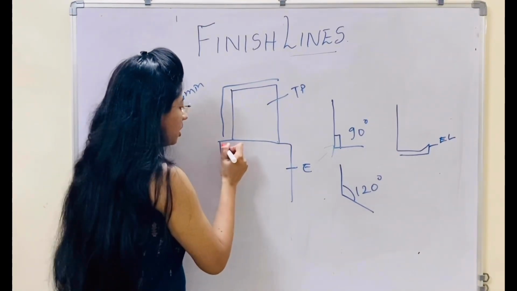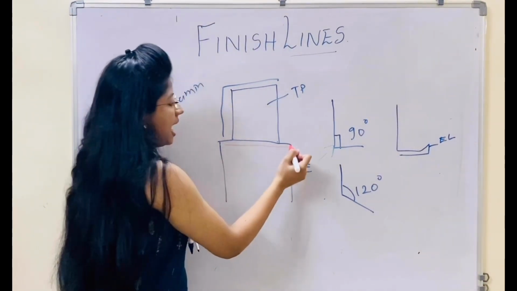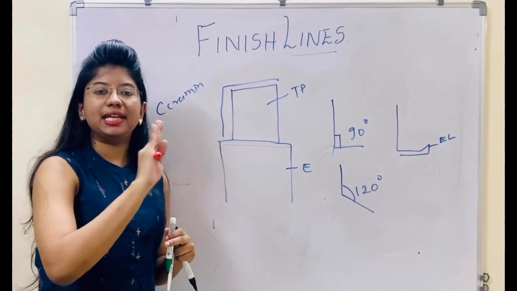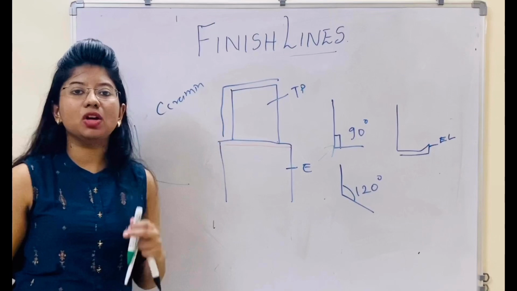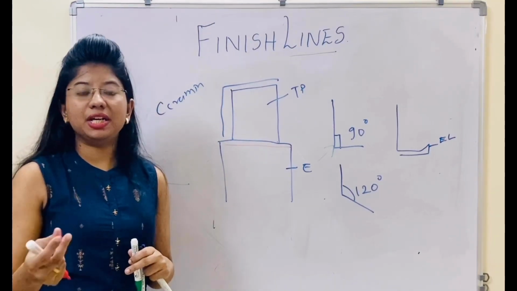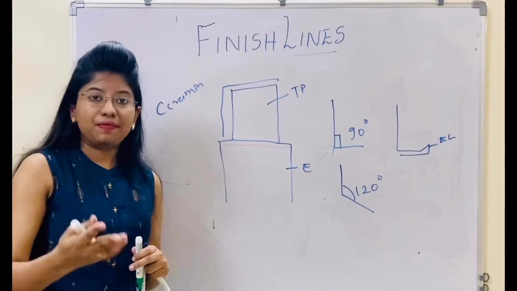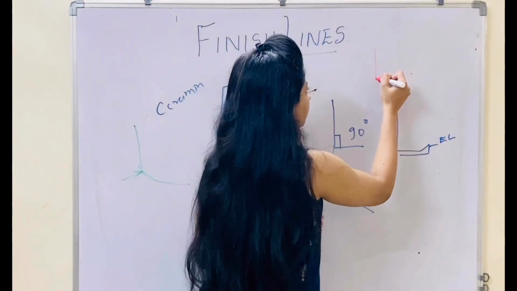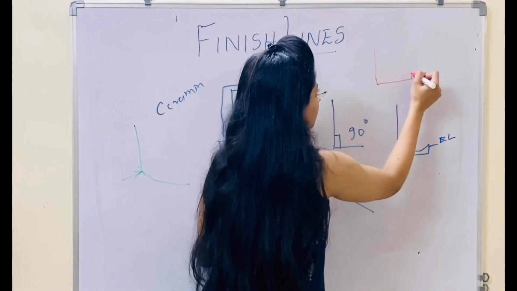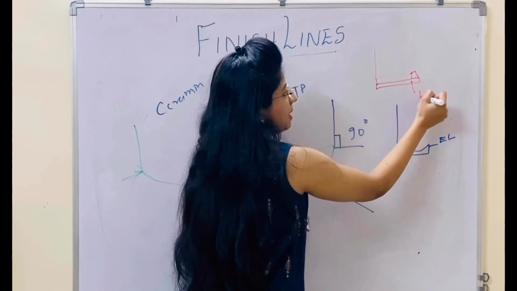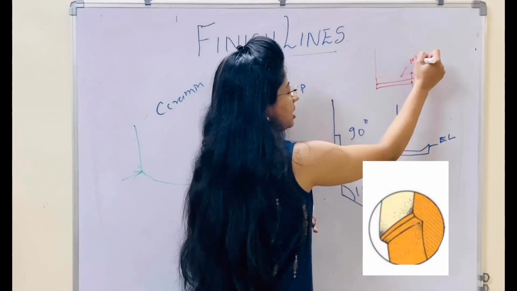So this is your crown and we just make a slanting all over the area, preparing a 5 degree or 15 degree, accordingly a bevel. Bevel can be 15 degree, 5 degree, 45 degree or 30 degree. So this is the tooth structure and I am giving an extra bevel. So you can see that this is my bevel and this is my margin.